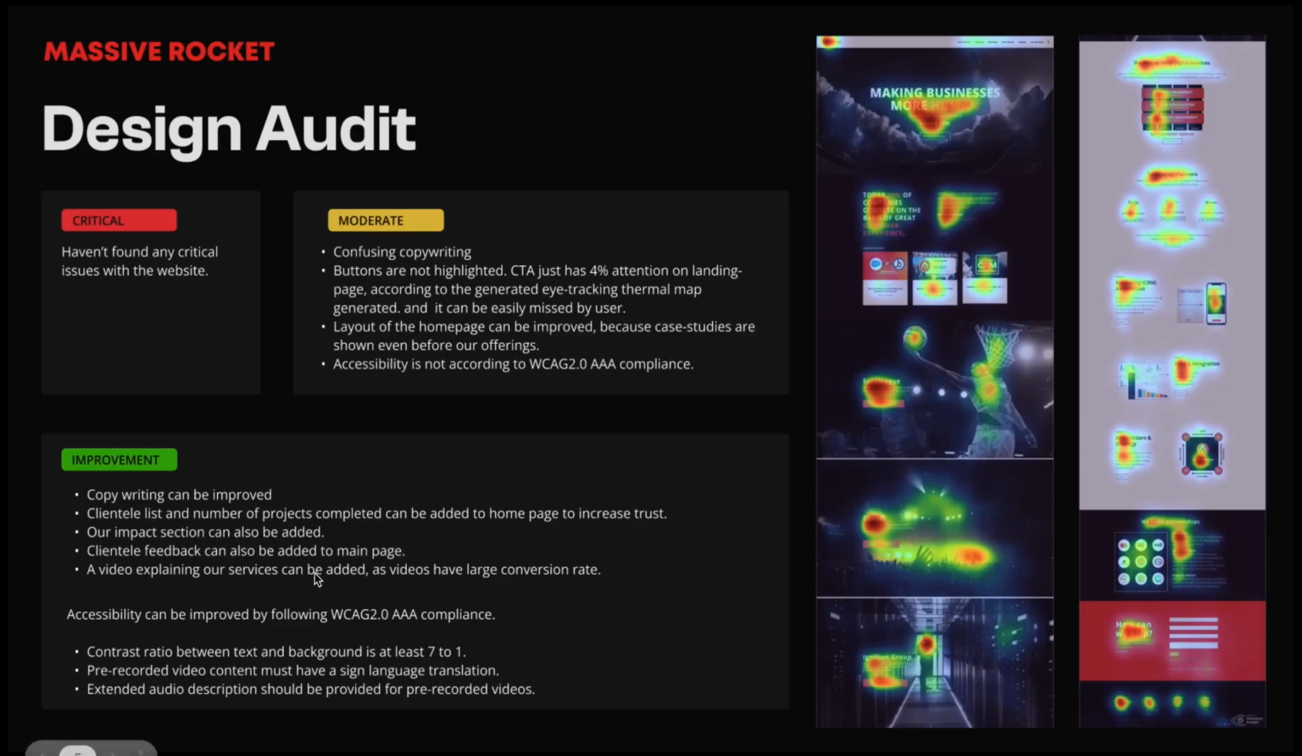Next, scope for improvement. Here the copywriting can be improved. And next, the clientele list and the number of projects completed should be added on the website, because that adds another layer of trust on the website. Next, our impact can also be added. Impact could be something like touched over